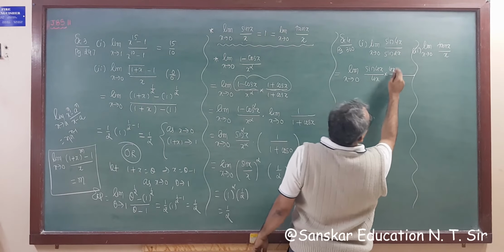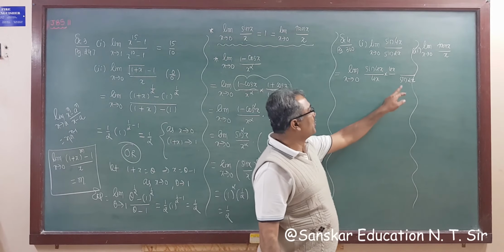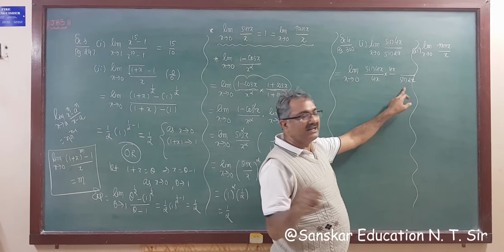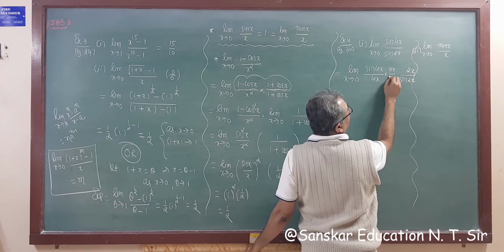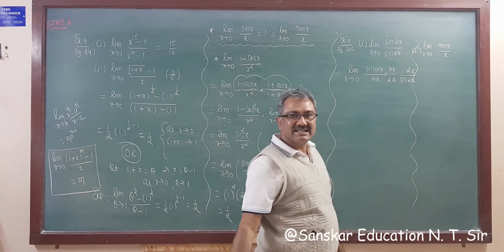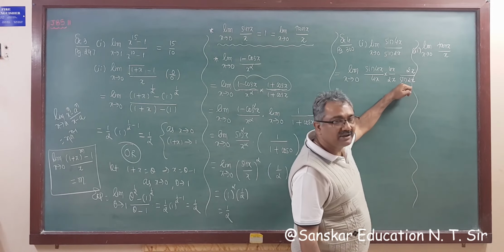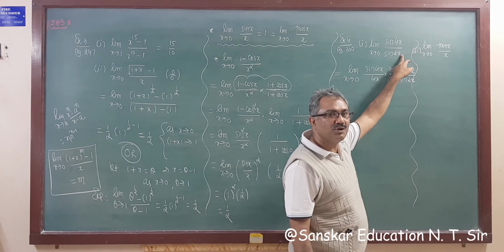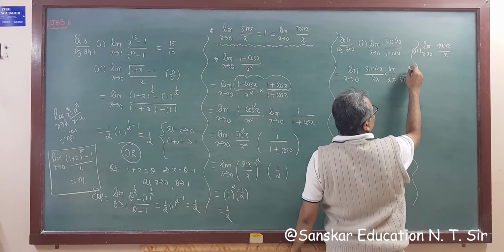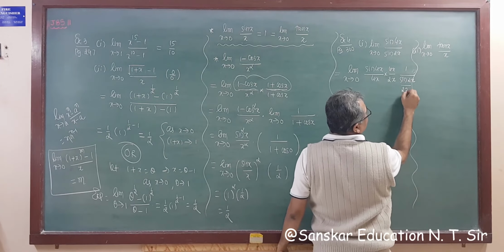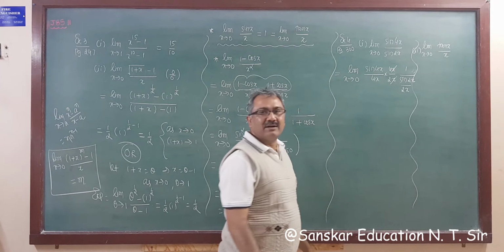As usual, this is sin twice x. So what do you want in the denominator? Twice x. But no twice x is there. So I am writing here twice x. Right? So we have to multiply by twice x and divide by twice x. Got it? I want twice x in the denominator, but the denominator goes to the numerator, so I am writing twice x here. If you don't understand, then no problem. You can write here twice x. Okay? Now, this x is extra, so we'll cut.